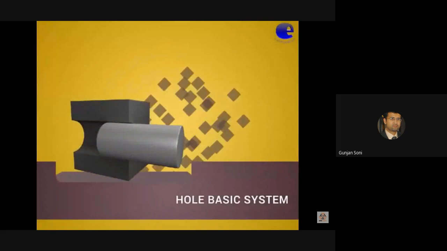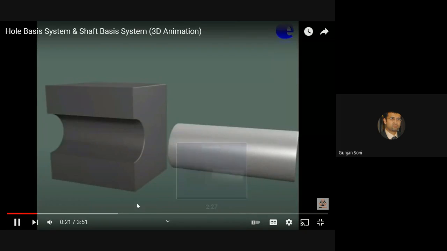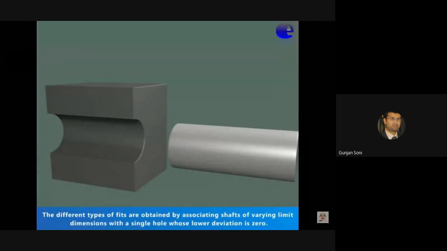Hole basis system. In this video, we are going to see about hole basis system. The different types of fits are obtained by associating shafts of varying limit dimensions with a single hole whose lower